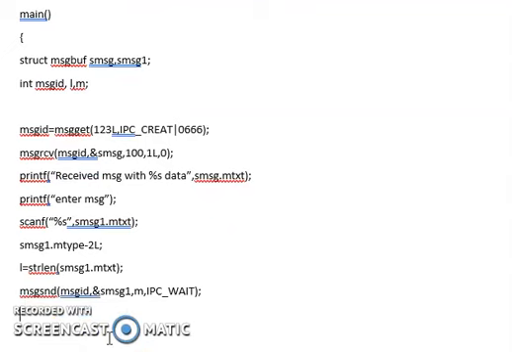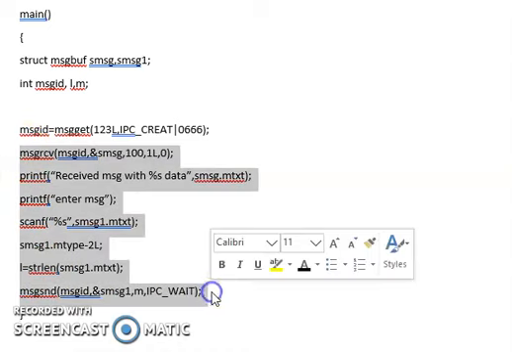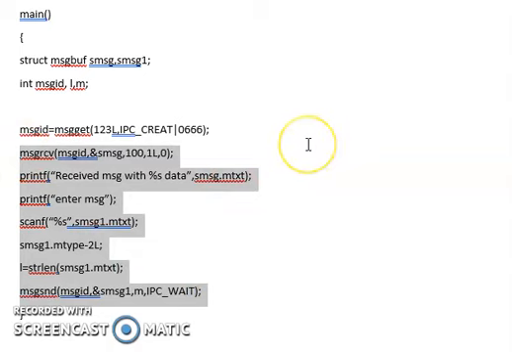So this completes my program where the producer and consumer, sender and receiver, client and server are talking to one another. If you want to do this n number of times, no problem. Have a loop; put all these lines in the loop, either a while loop or a for loop, whichever you feel like. Write all these lines in the loop if you want n number of times of communication.